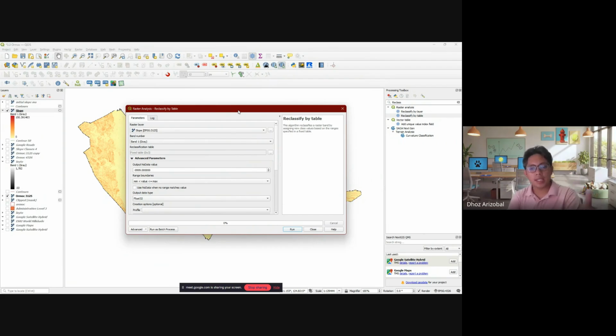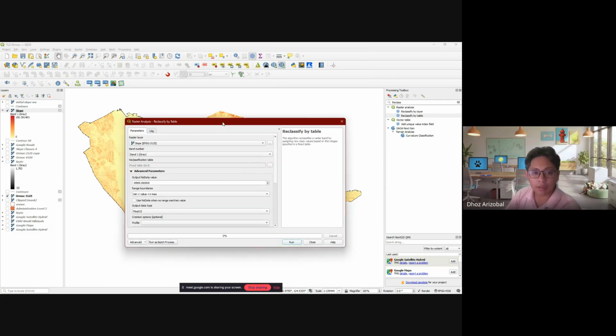What this does is it takes your originally generated slope raster and applies a sort of sorting. It's like a field calculator in vector. So anything from 0 to 3, I will change into a new value. Anything from 3 to 8, I will change to another new value. So how do you classify?